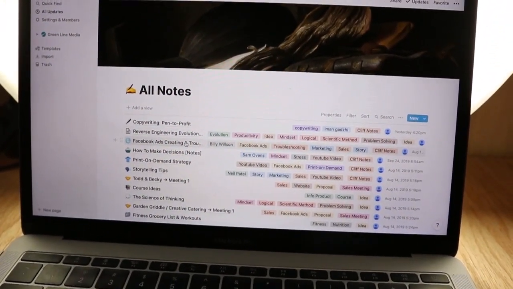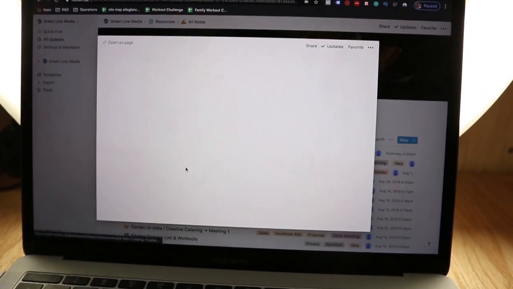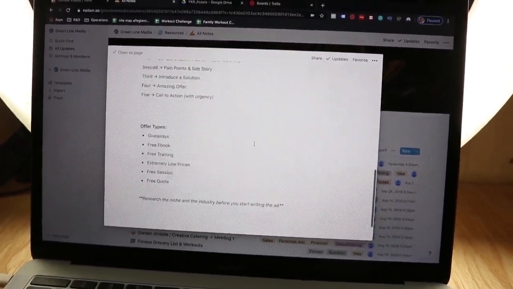You can create notes in here, you can tag them, and then you can go in and read them later on. So that's why I'm going to be sticking with Notion for note taking and stuff like that, and I might move over to Trello for some of my project management that's a little bit more lightweight. Probably not the big heavy projects that need super drilled down detail, but for the more lightweight projects, I think Trello takes the cake. For more note taking and in-depth projects that need a lot of customization, Notion is certainly the app you'll want to use.